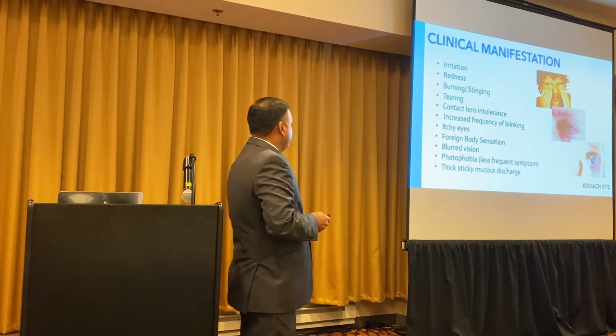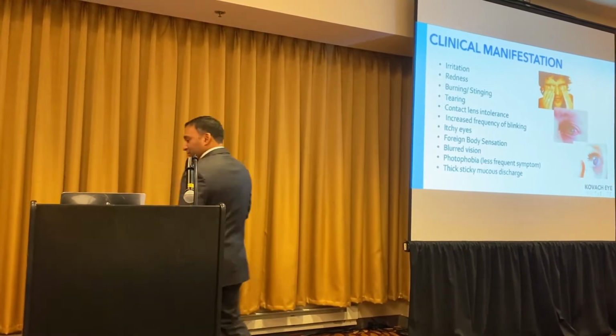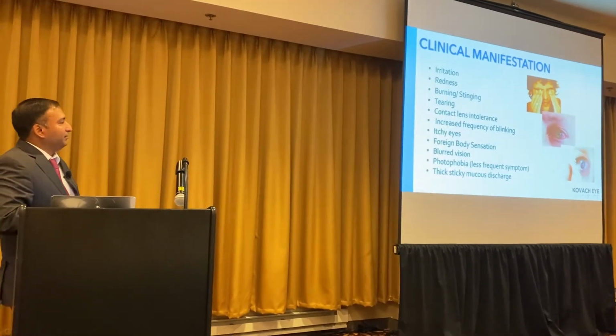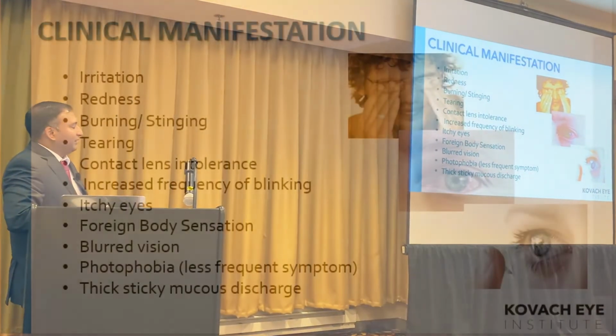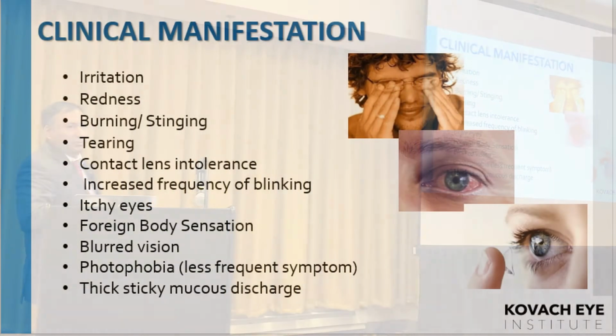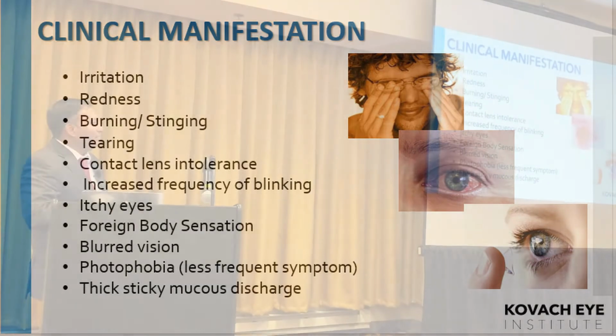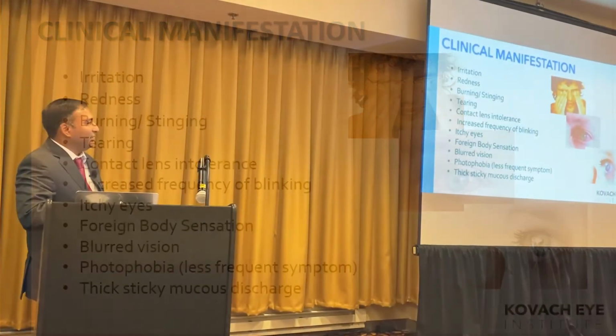All right, so here are the symptoms of dry eyes. We've gone over this. I think most people are familiar, but itchy eyes, foreign body sensation, blurred vision is a big one. Fluctuating vision is a very common complaint with dry eyes. We've all seen patients that describe that, and the first thing I want to do is give them a bottle of artificial tears, do something as a first step to see if it helps. Photophobia,